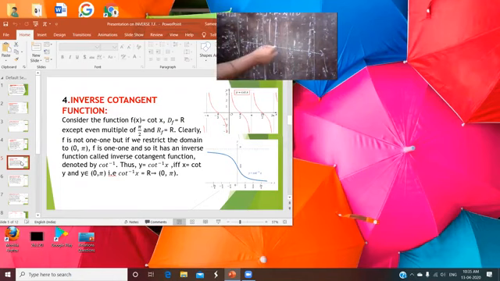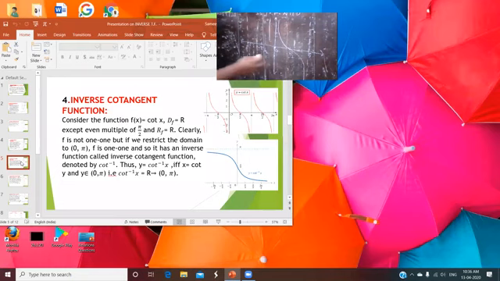Okay, so now check it. At pi by 2 the value of cot is 0, and for 0 it becomes infinite. So you can say the graph is like that. In the same way, 0 to pi by 2 is completed. Now for pi by 2 to pi, that becomes the second quadrant, and in the second quadrant cot is negative. So you can say the curve is like that. It becomes up to infinite here in the second quadrant.